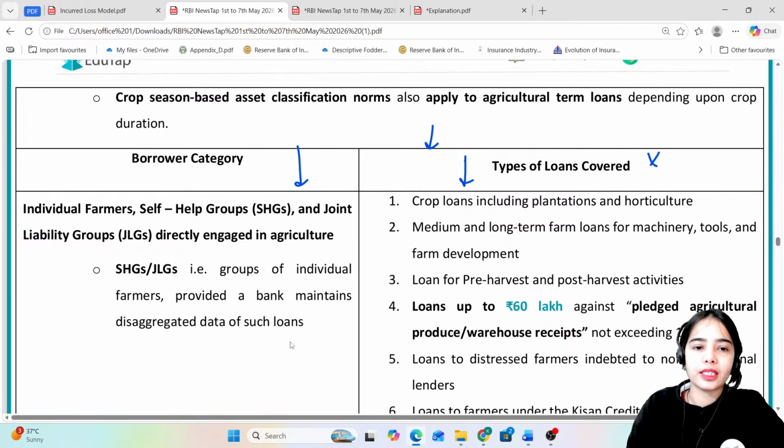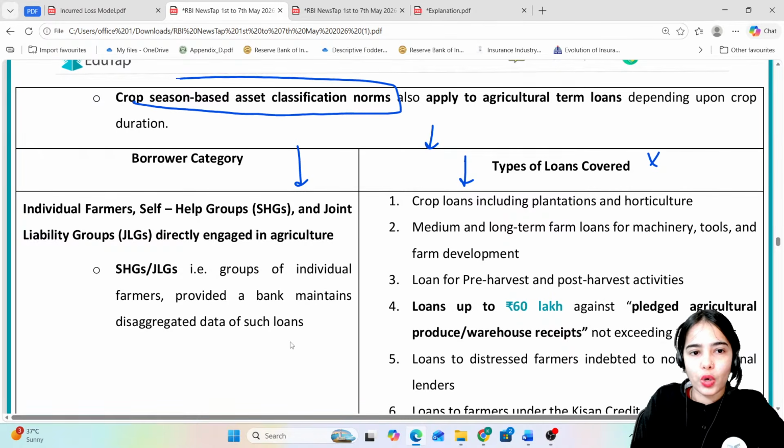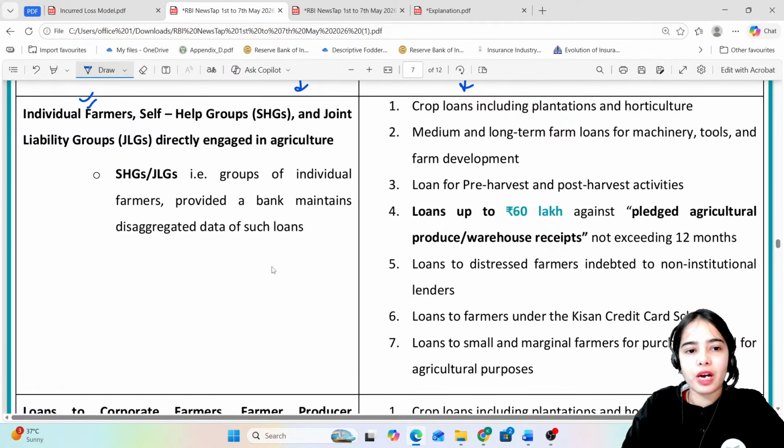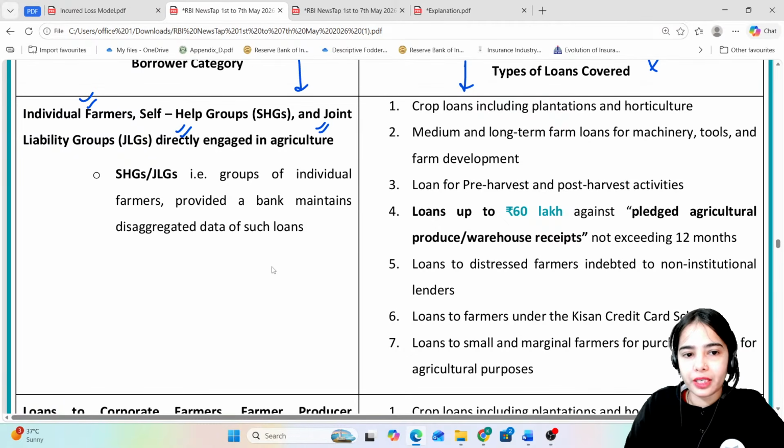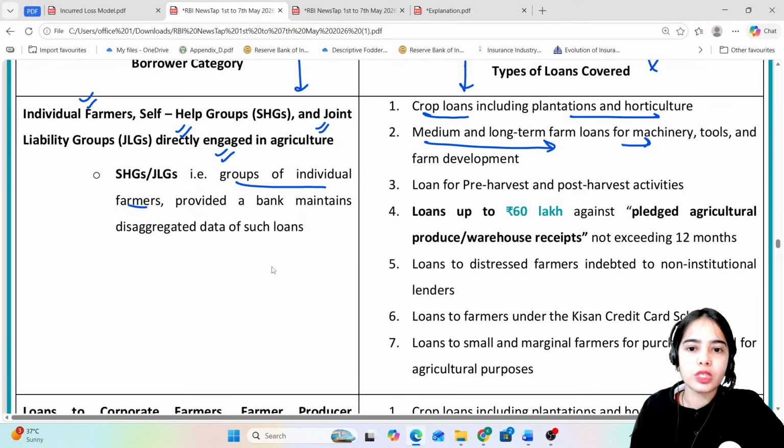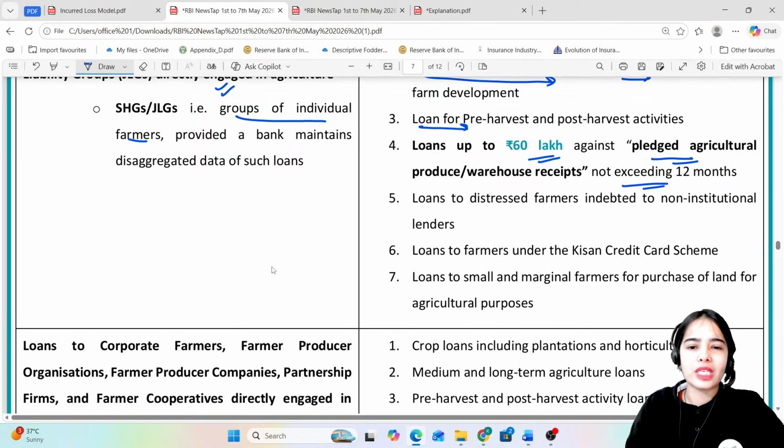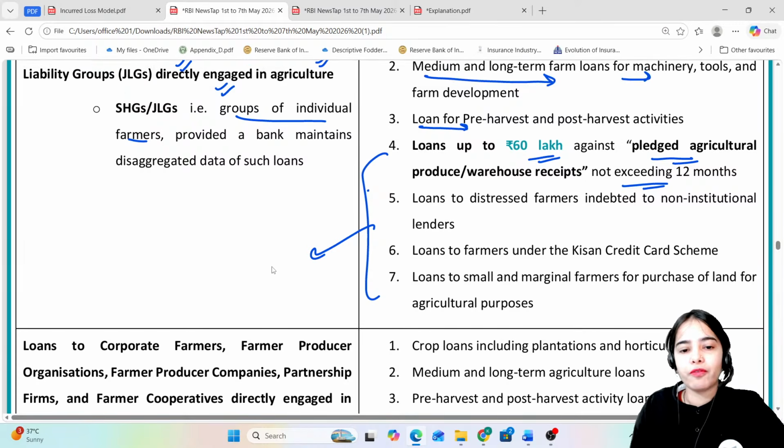So this is the idea that the crop season based asset classification norms apply to the agricultural term loans mentioned below. Borrower category: individual farmers, self-help groups and joint liability groups directly engaged in agriculture, if they are provided with crop loans, including plantation, horticulture, medium and long-term farm loans, loans for pre-harvest or post-harvest activities, and loans up to 60 lakh against pledged agricultural produce not exceeding 12 months. These kinds of loans